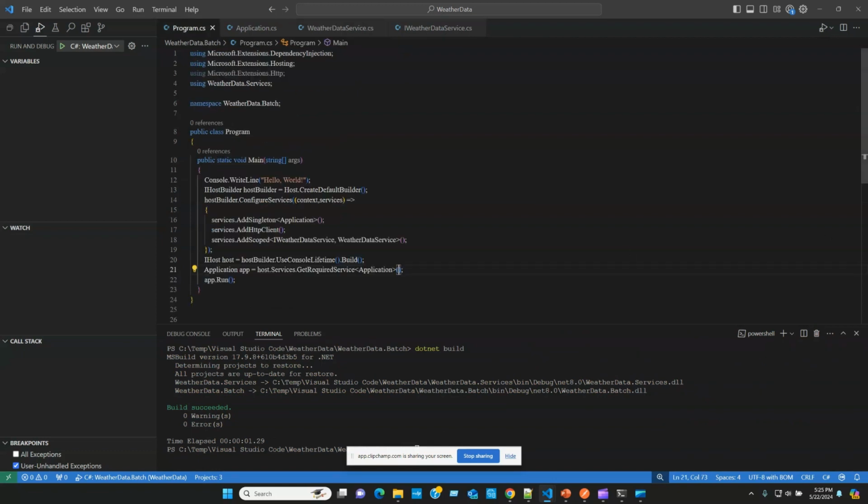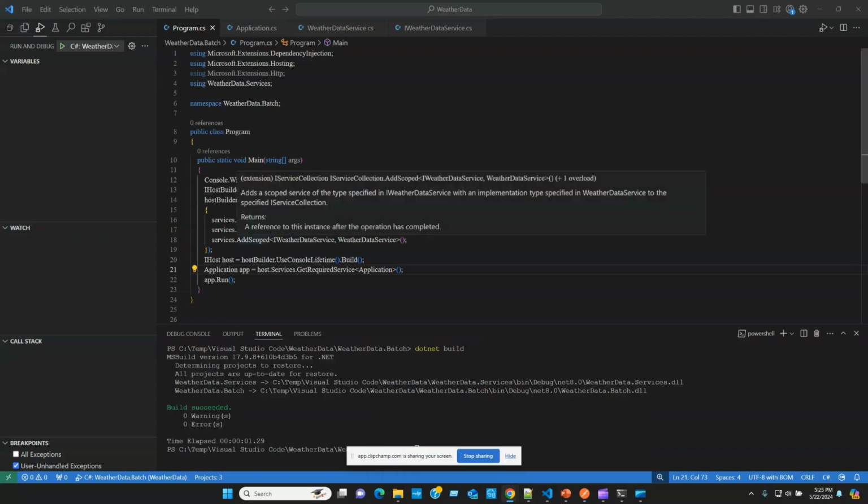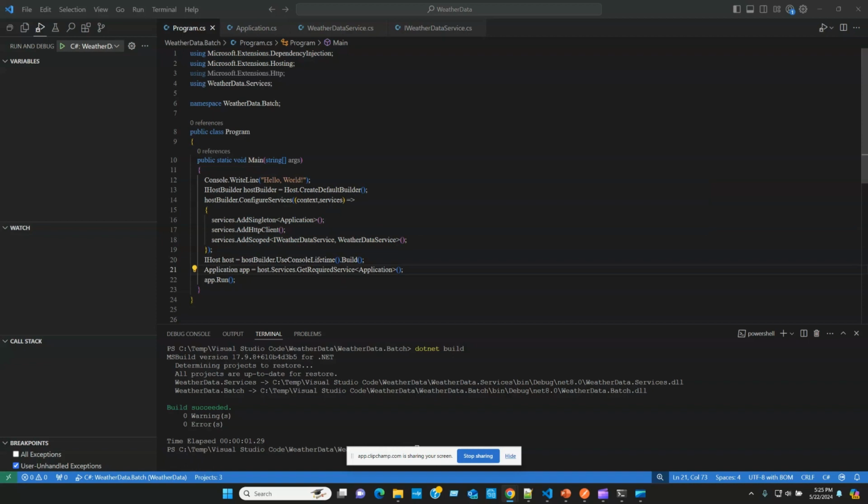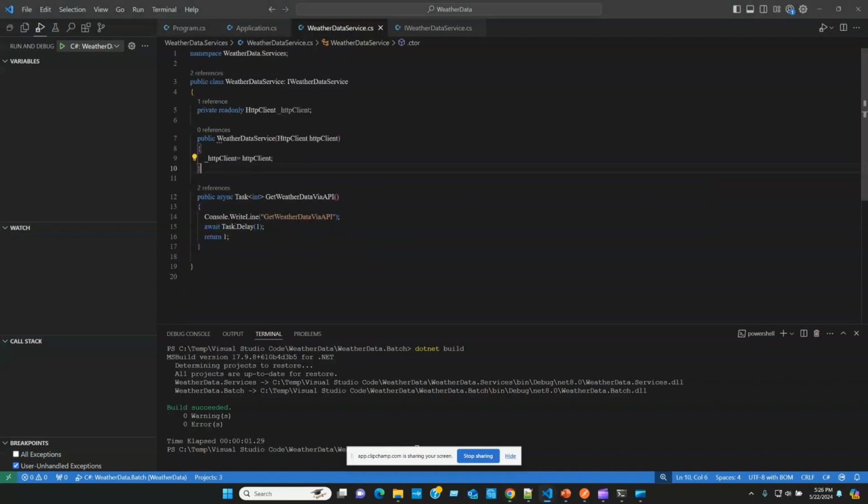Okay, let's go back to the HTTP client. So we have the HTTP client, right? We already discussed that the HTTP client is used to invoke an API. So let's go back here. We have the instance of the HTTP client. The next piece is